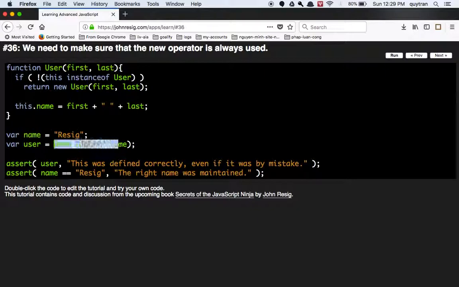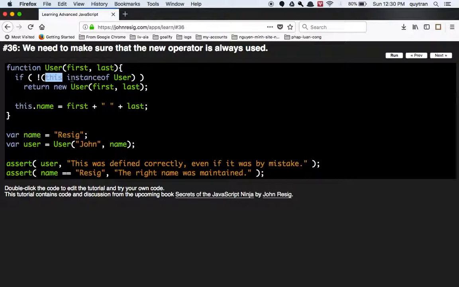We call the user function, and inside the user function, we check if the scope is not an instance of user, we will instantiate the new object from user. I mean the important statement here is this statement. We need to check this,